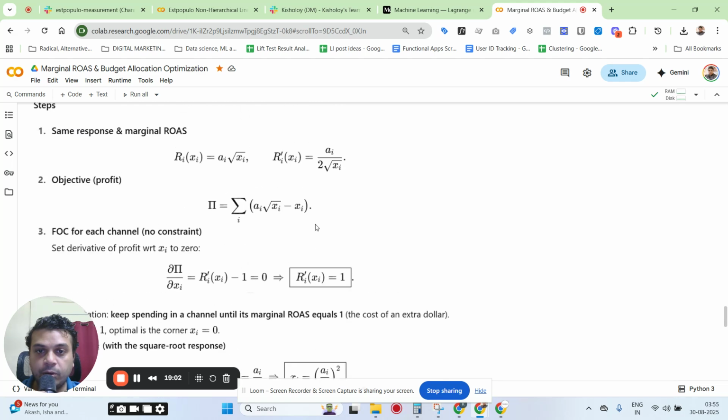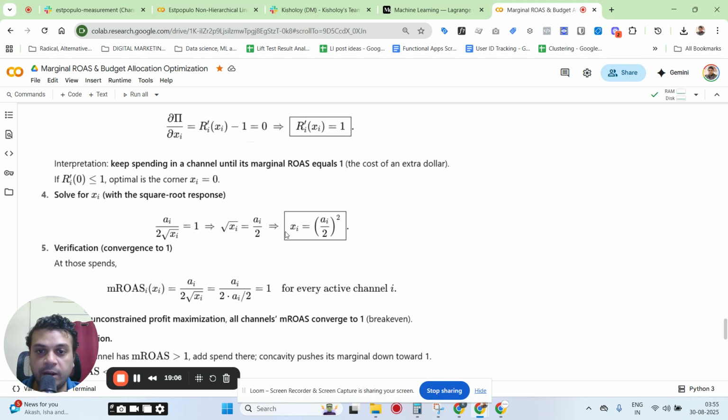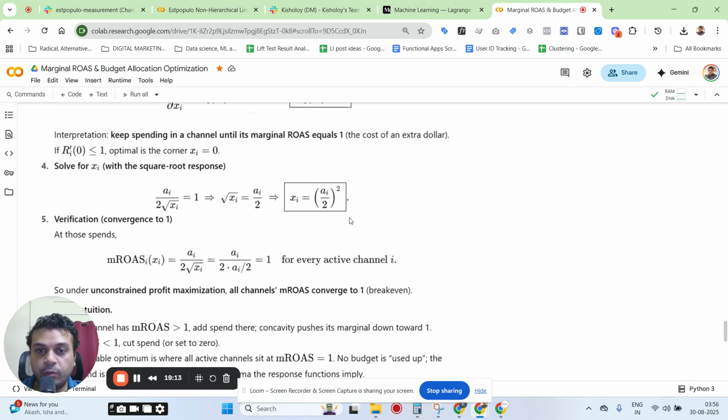R dash I equals 1. So r dash I was this, so this becomes equal to 1, right? So you solve for that. Now your spend levels become (a_i/2) whole square for each of the channels. Okay, so just the coefficient divided by 2, and square of that, and the mROAS becomes 1